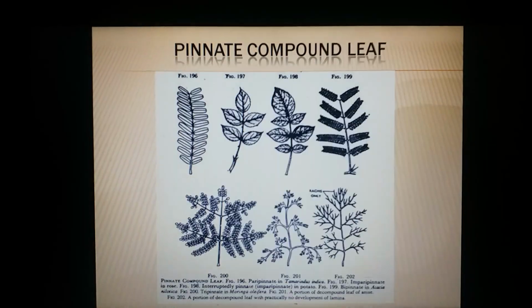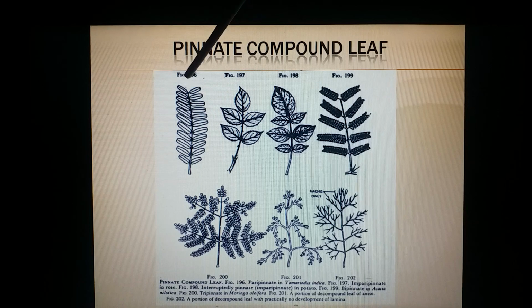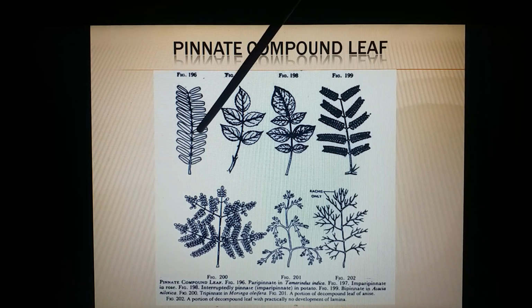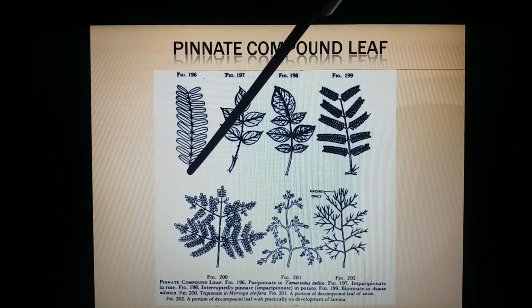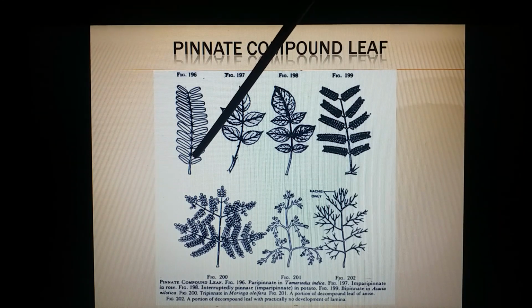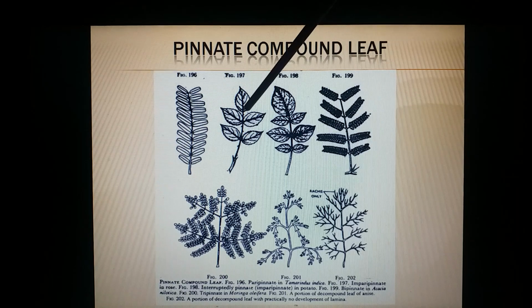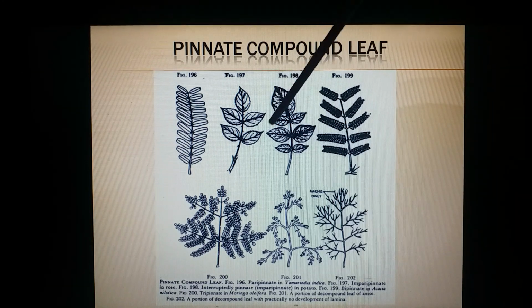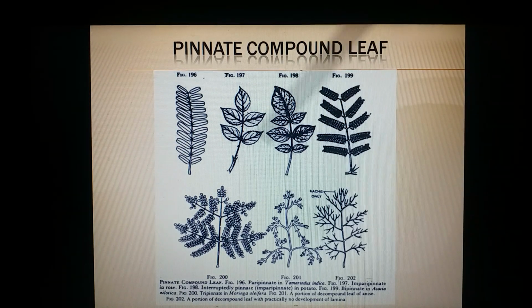We'll see again. This is unipinnate, where there is a primary rachis. Leaflets are present on the primary rachis. If the rachis terminates with a pair of leaflets, that is an even number of leaflets, it is called paripinnate compound leaf, Tamarindus. If the rachis terminates with a single leaflet, as in the case of Azadirachta, that is neem, or in the rose, it is called imparipinnate. So both are unipinnate, but this is pari and this is impari.